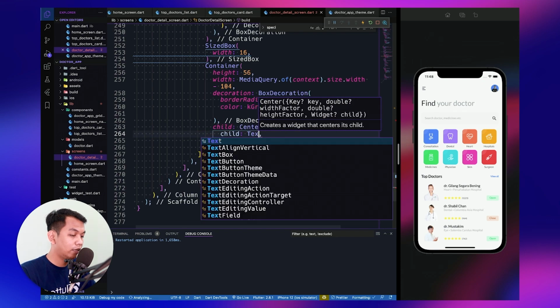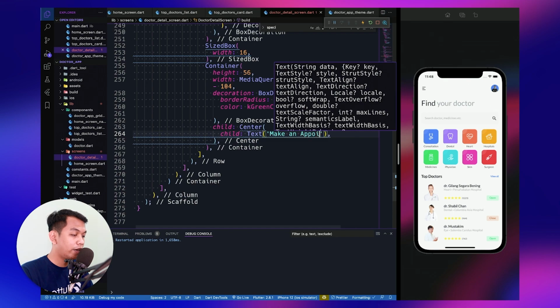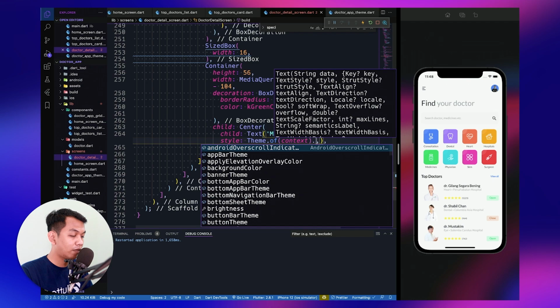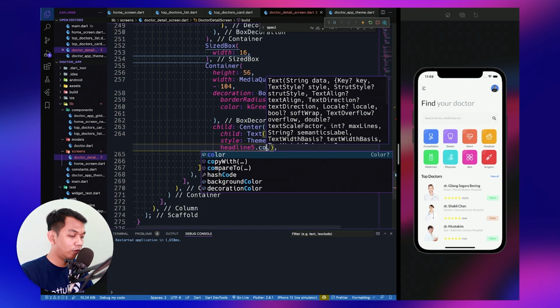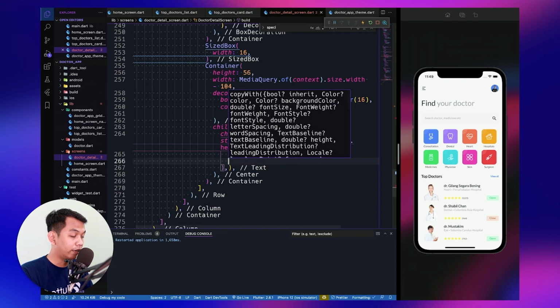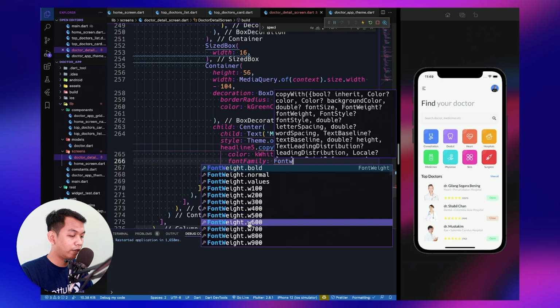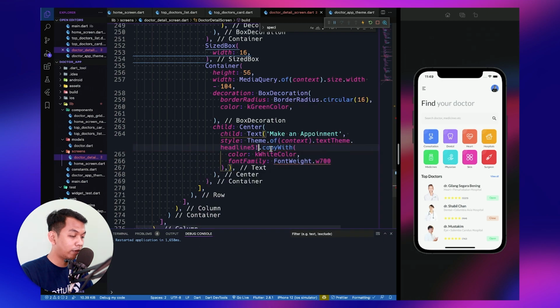And inside the center widget, we say text widget. Make an appointment, and we say style, and we say headline 5. And we need to change the color to white color, and font weight to bold. So we say 700 and check the null safety.